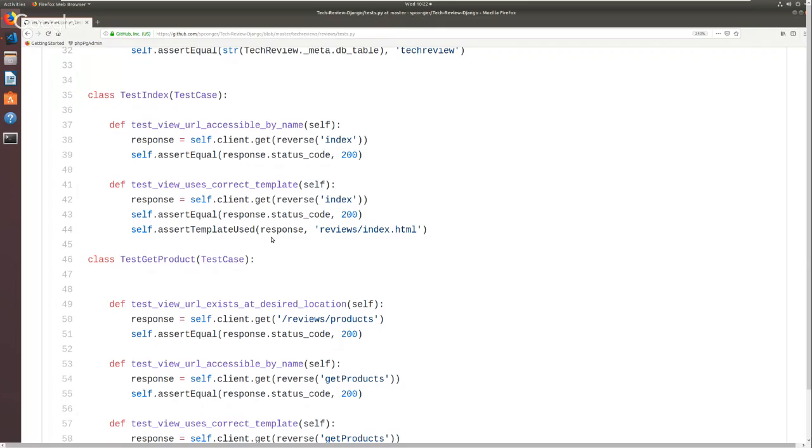If you get something other than 200, then that will throw an error, and you'd have to go look and see what those error codes mean. But there's about 15 or 20 error codes, and 200 is what you get when everything is okay. And then the other one is, is it using the right template? Is it going to the index HTML? And again, all of this we kind of know because we see it in the web page, but I wanted